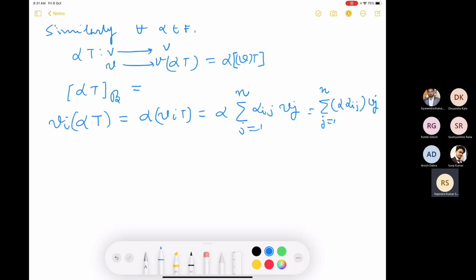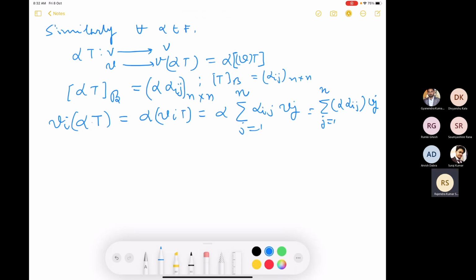So if I have to write the ij entry of this, then this is alpha ij, where the matrix of T is alpha ij. So you can see that the matrix of alpha T with respect to the ordered basis B